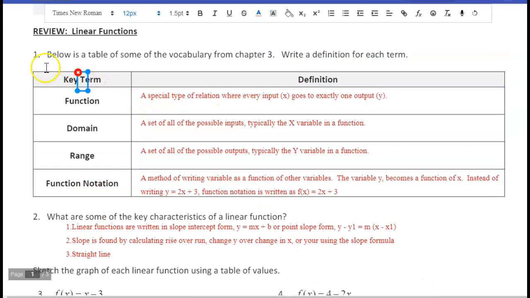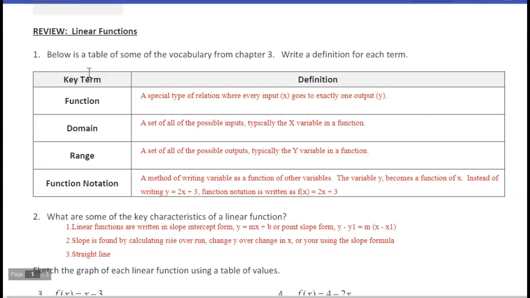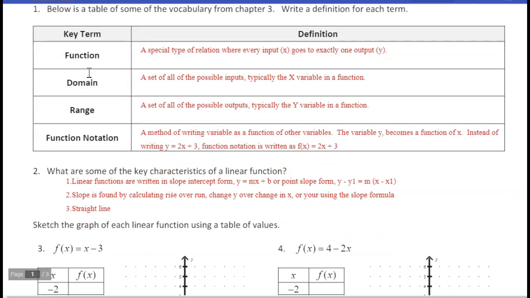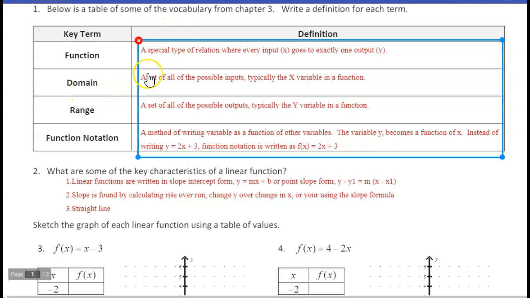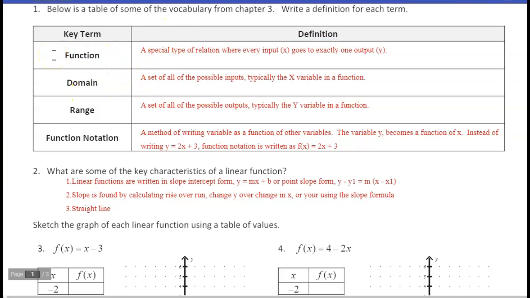Okay, we are starting a new chapter today. We're in chapter 5. We're going to be working with some different types of functions that maybe you haven't seen before, but today we'll just spend some time reviewing. So these are the notes that you need to copy down. I'm not going to go real slow here. I'm just going to read through these real quick, and then you can pause the video and write down everything